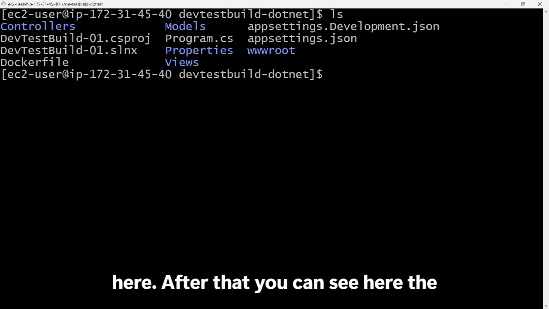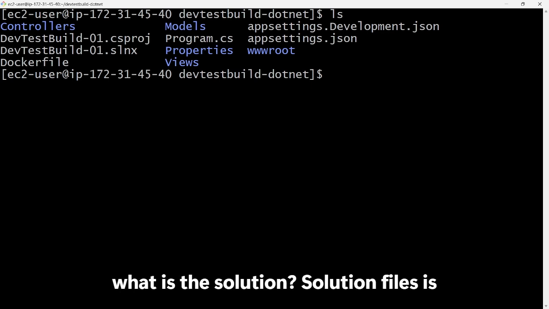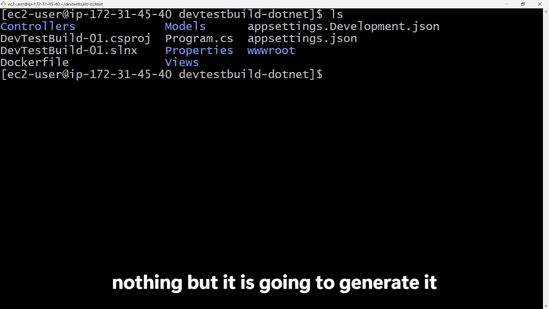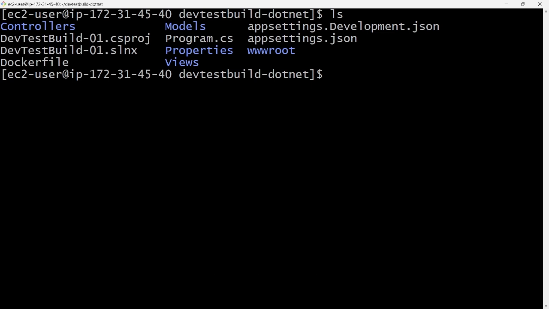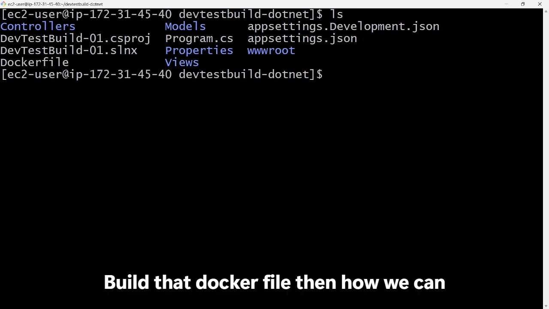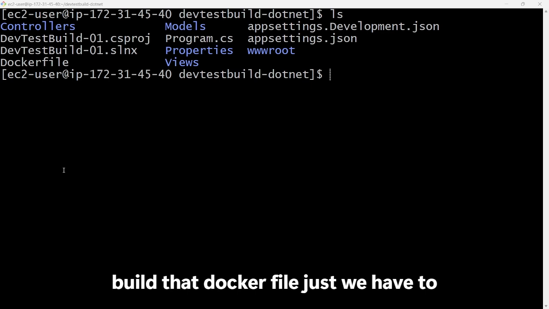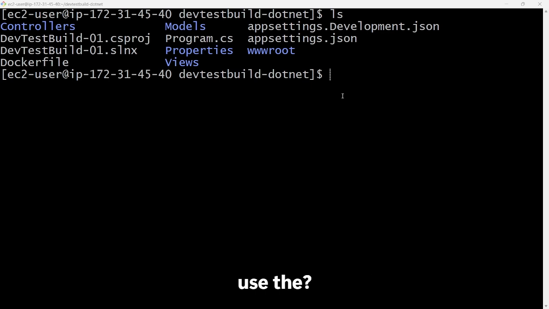After that, you can see the solution file. The solution file is nothing but something that generates one solution file for my project. After that, I want to build that Docker file. How can we build that Docker file? We just have to use the